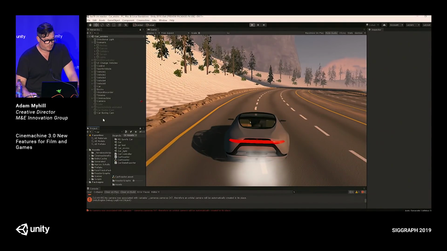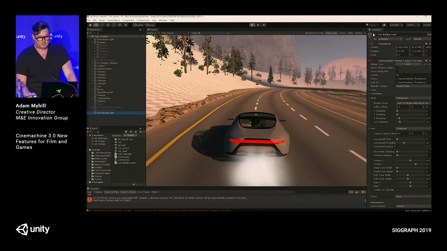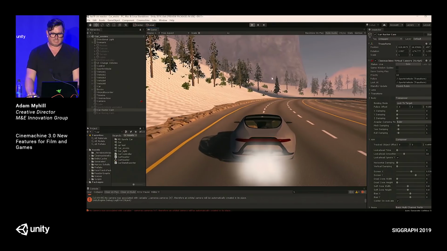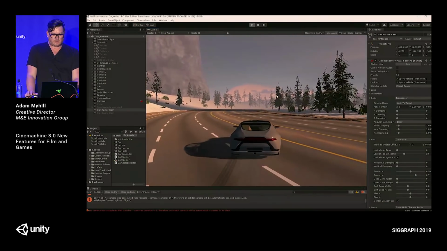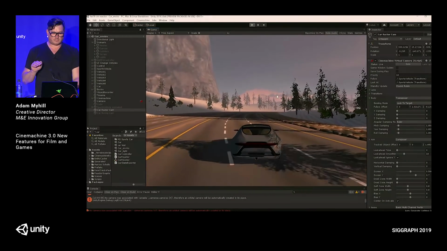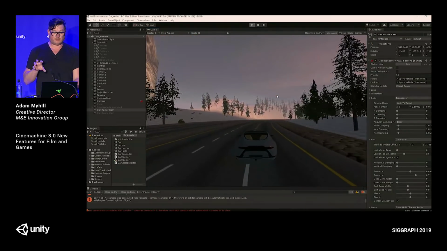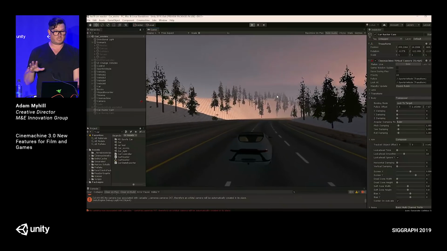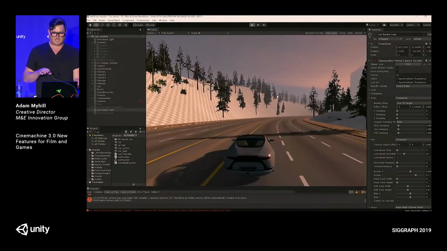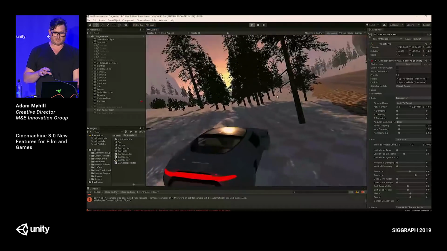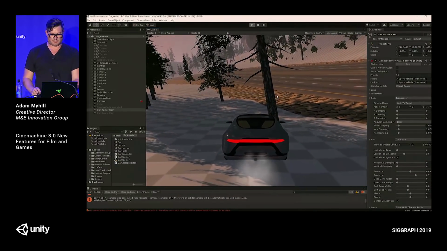I switched from car boring camera. Those of you who use Cinemachine know, you just turn off a camera and turn on the other one and it all just works. Now I can feel the gear changes and it pulls ahead. And as I go faster, that FOV widens up. Very common video game trick. And then I've got way too much noise, but just to show, when you start going fast, the noise picks up. And I'm crashing everywhere.